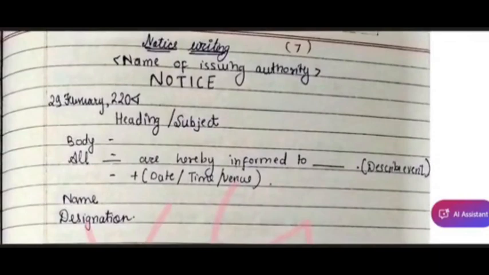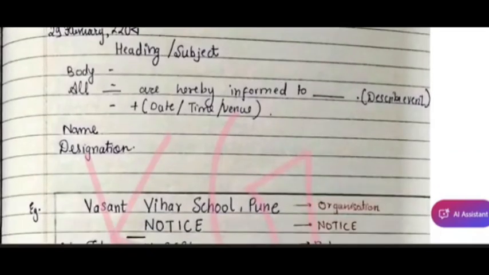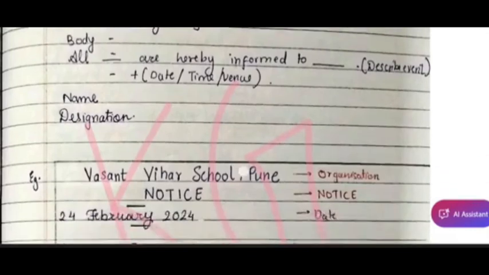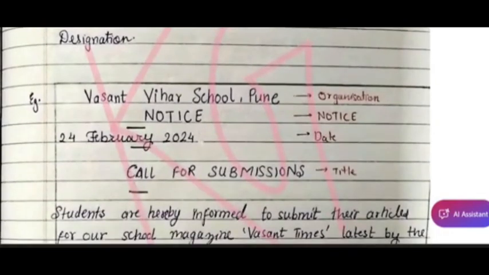Okay, so first of all, notice starts with the name of the issuing authority. Like here we can see the organization, Vasant Vihar School Pune. Remember, all in title case, all the words should have the first letter as a capital letter. Vasant Vihar School Pune. Then write NOTICE in caps, date, title,